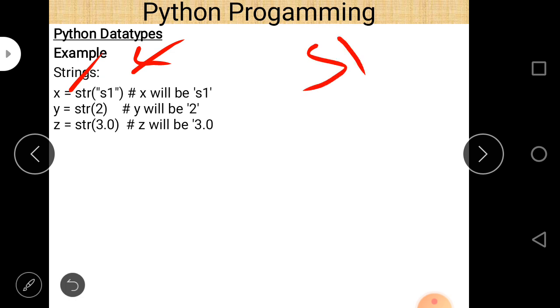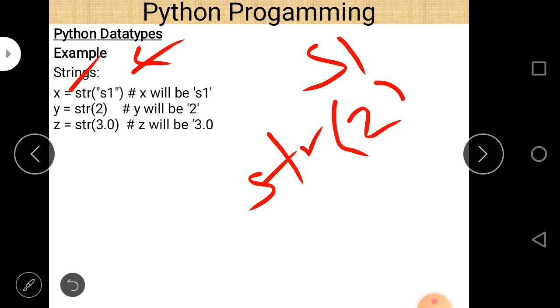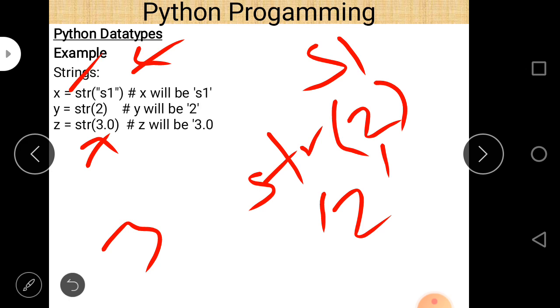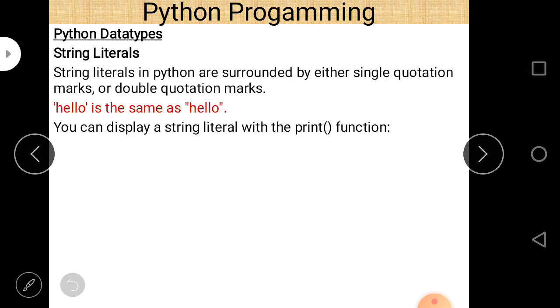But when you pass str(2), now 2 is a number, but when you write str, then 2 is converted to a string value, and 2 is considered to be a string. And str(3.0), again 3.0, as we know, is a float value, but here str is written, so it is considered to be a string value. Always remember that string values are represented within double or single quotes.